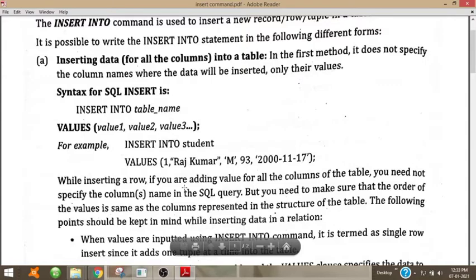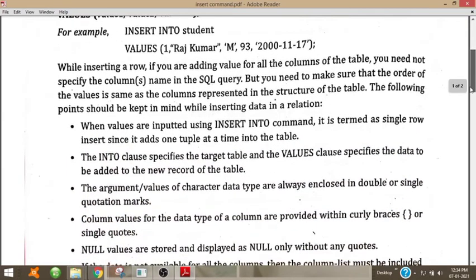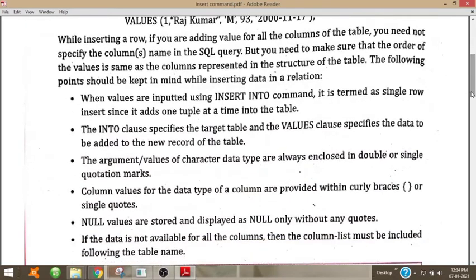While inserting rows, if you are adding values for all the columns of the table, you need not specify the column names. You will see the difference when we insert a row.